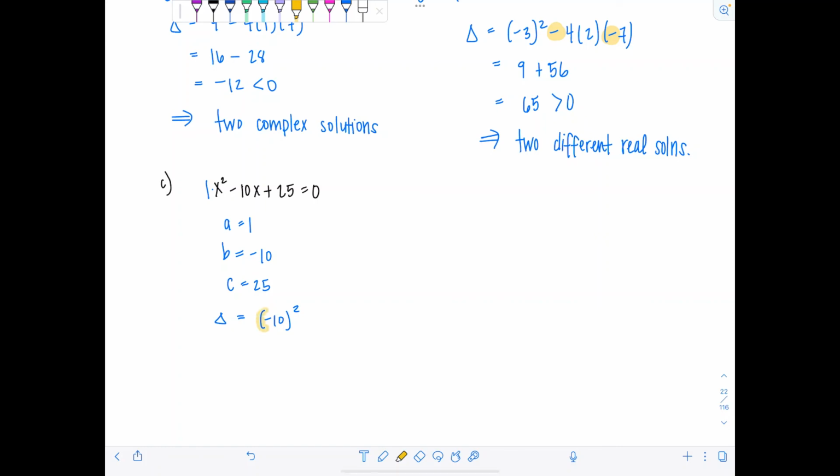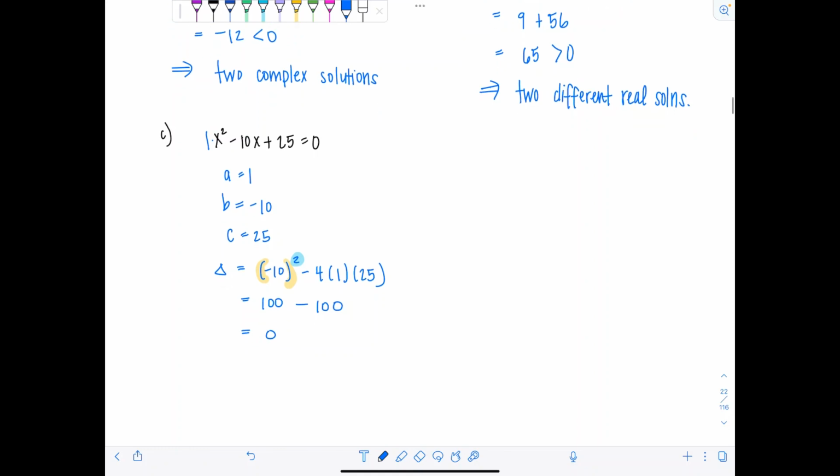Watch, pay attention. You have to put the parentheses around the negative 10 and the exponent goes outside. That way you know that it's going to become positive, right, after you square it. Minus 4 times A times C. So negative 10 squared, that's 100, minus 4 times 1 times 25. Why, that's 100 as well. So this is 0. When the discriminant is 0, remember that's that second case where you have a real solution,